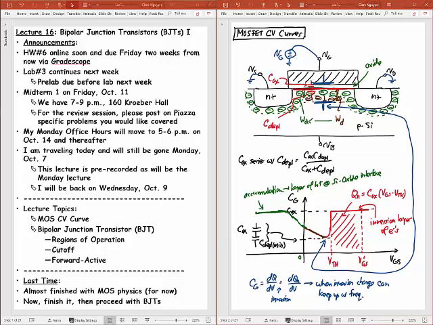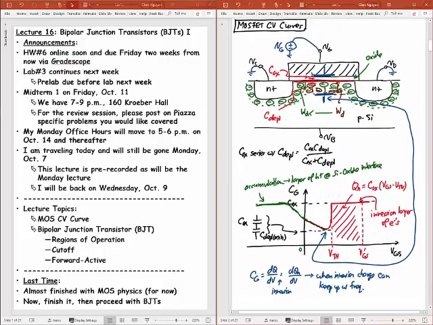So I told you the inversion charge can keep up with frequency if we have an N+ junction there. But if we don't have an N+ junction right there, then we may not actually get this inversion charge in this CV curve. But that's something for a later class, 130.